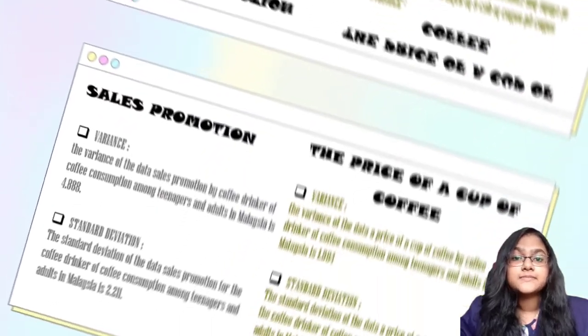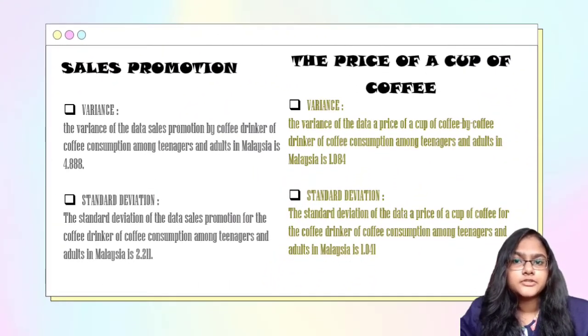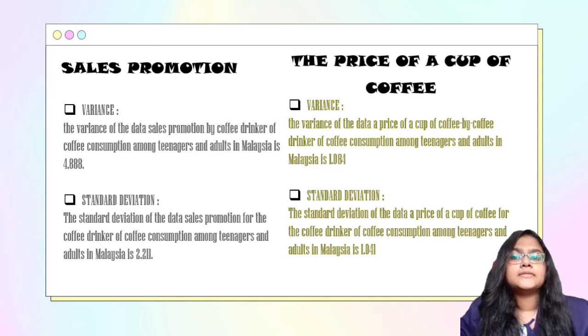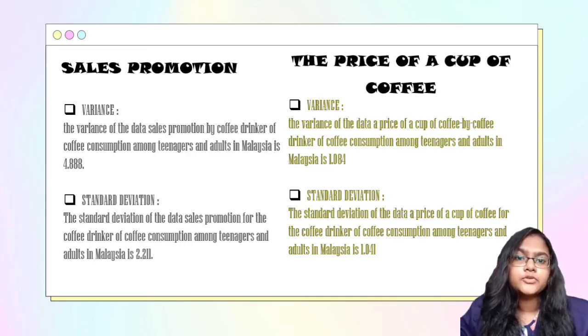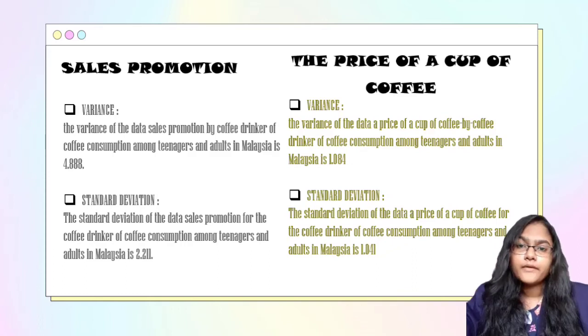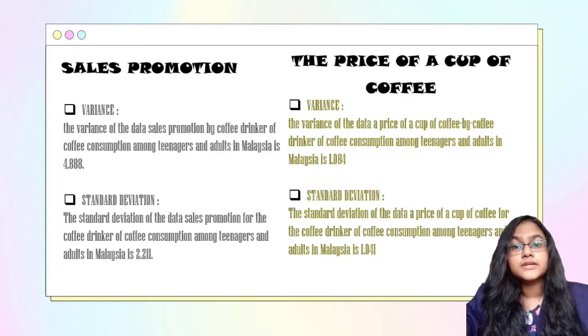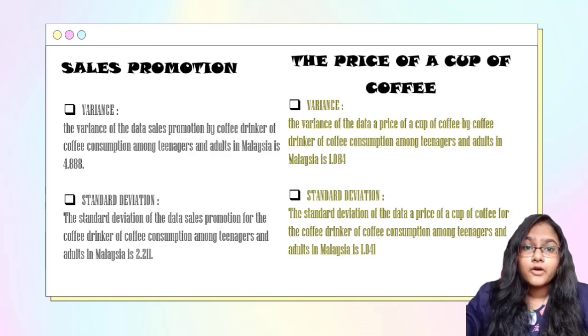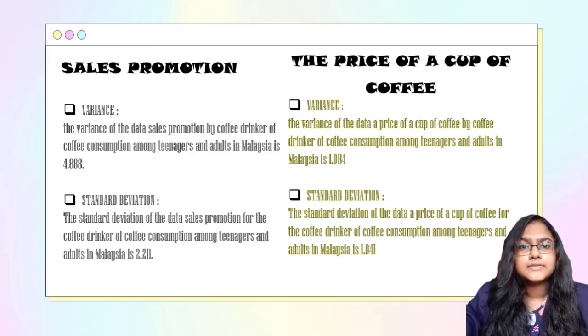Variance of data sales promotion by coffee drinker of coffee consumption among teenagers and adults in Malaysia is 4.888, and the standard deviation of data sales promotion by the respondent is 2.211. Variance of data price of a cup of coffee by coffee drinker of coffee consumption among teenagers and adults in Malaysia is 1.084, while the standard deviation of the data of price of cup of coffee by the respondent is